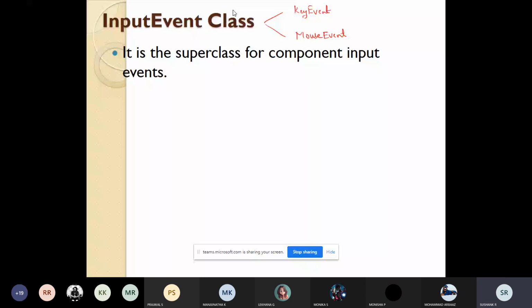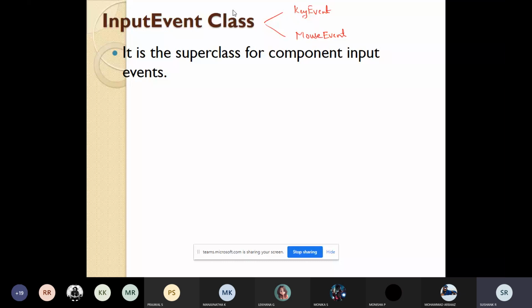This input event class defines several integer constants, like the control key pressed, or the modifiers like META_MASK and SHIFT_MASK, which are associated with the events.